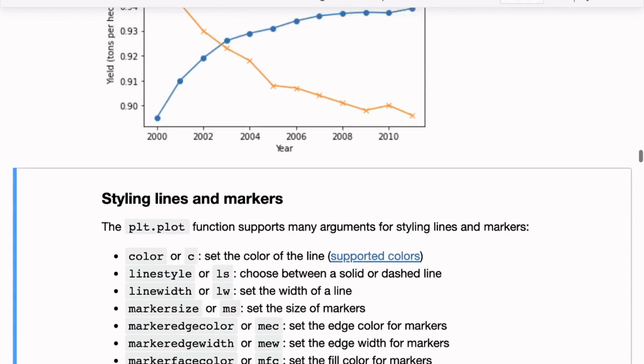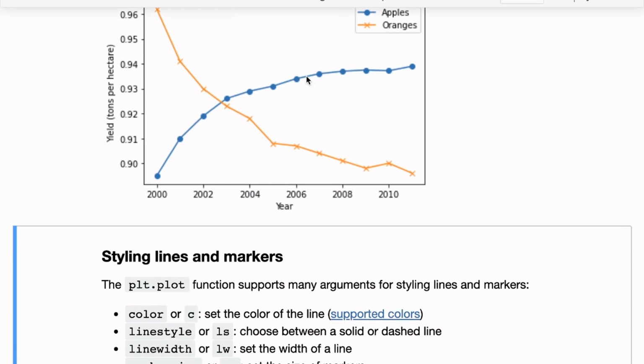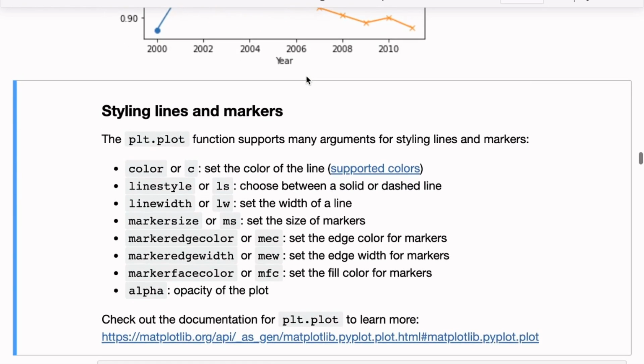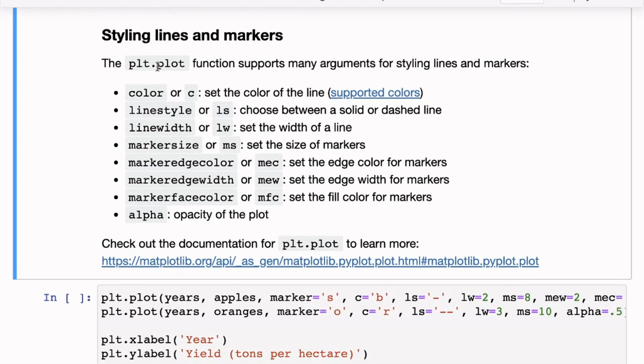So let's run this. So you can see now you have circular markers here, and then you have cross markers here, and they're also represented in the legend. So this is a little better, but you might want to style these lines and markers. Suppose you want to use these in a presentation, then you might want to include some of your brand colors and backgrounds and things like that. So to do this styling, to style the lines and the markers, plt.plot, the plot function, supports many arguments for